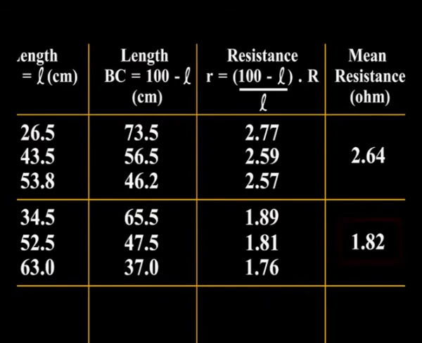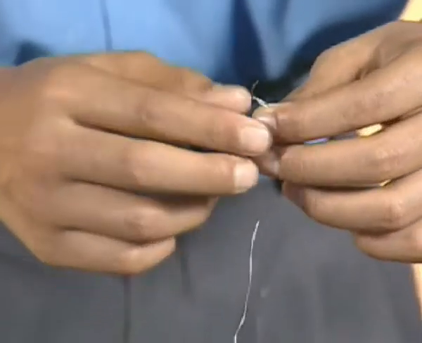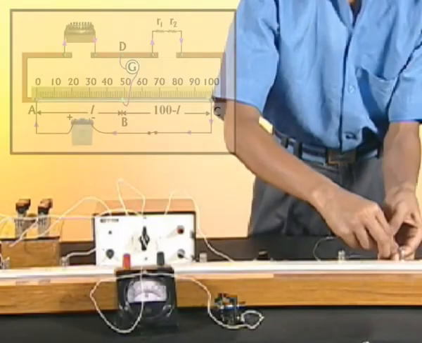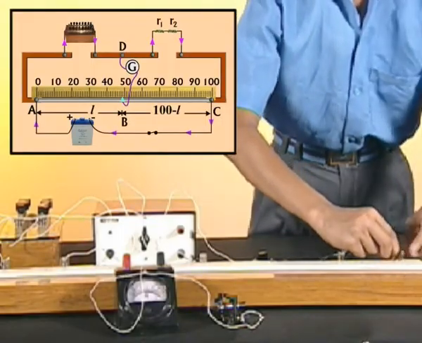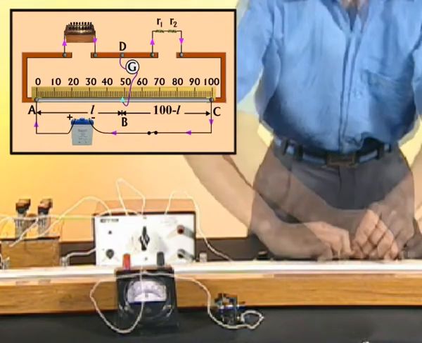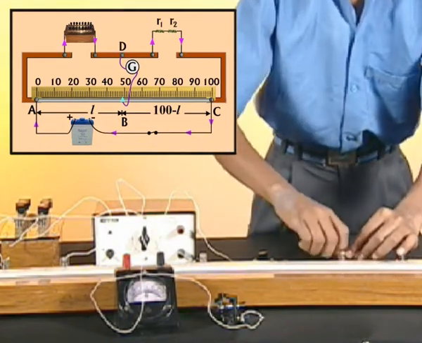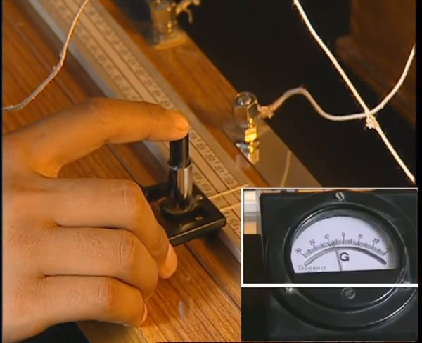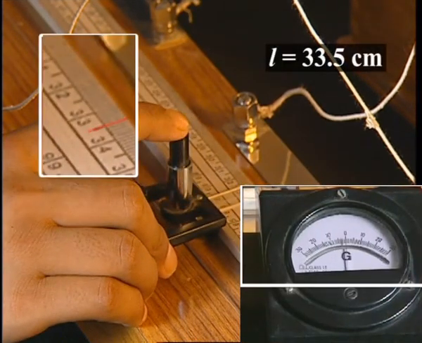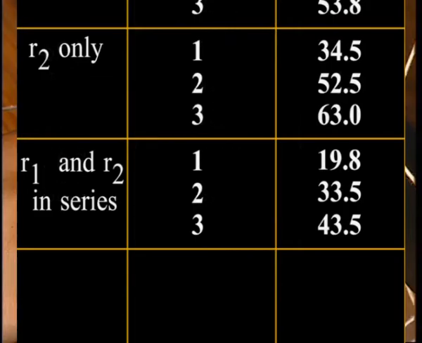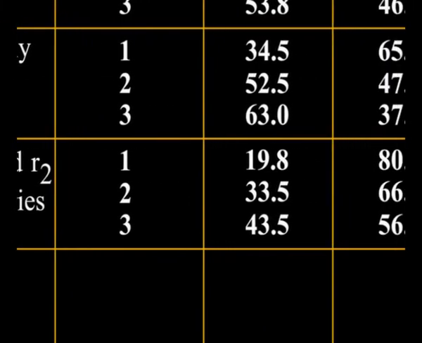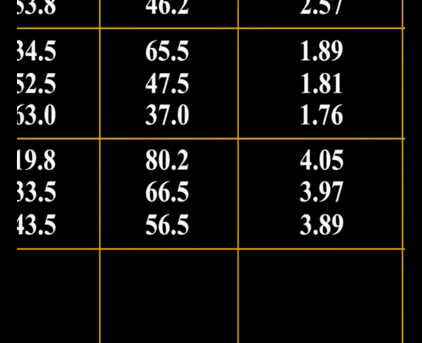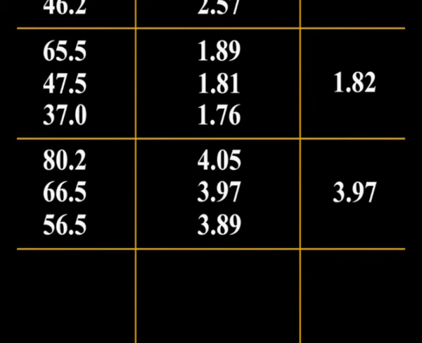Here it is 1.82 ohm. Now connect the two wires in series combination and connect them in the right gap of meter bridge and find the resistance of this combination in similar way. Record the observations in the observation table and calculate the mean value of the given combination of the resistances. Here it is